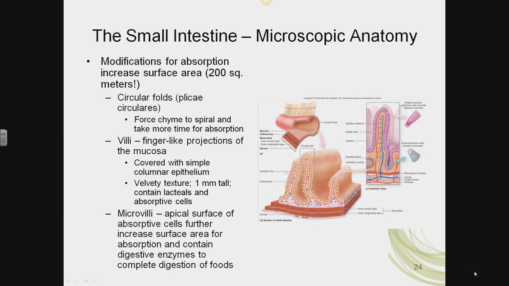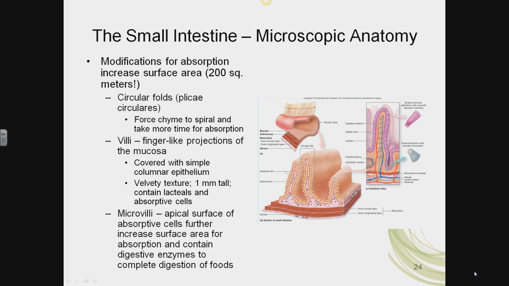The purpose of the villi is to further increase the surface area of the small intestine for absorption, as well as for interaction between the secreted enzymes and the chyme that is tumbling along in the lumen. To increase the surface area even more are microvilli. Microvilli are not visible with the microscope. Instead, they collectively appear as a brush border that resembles a brightly staining surface on the apical end of the